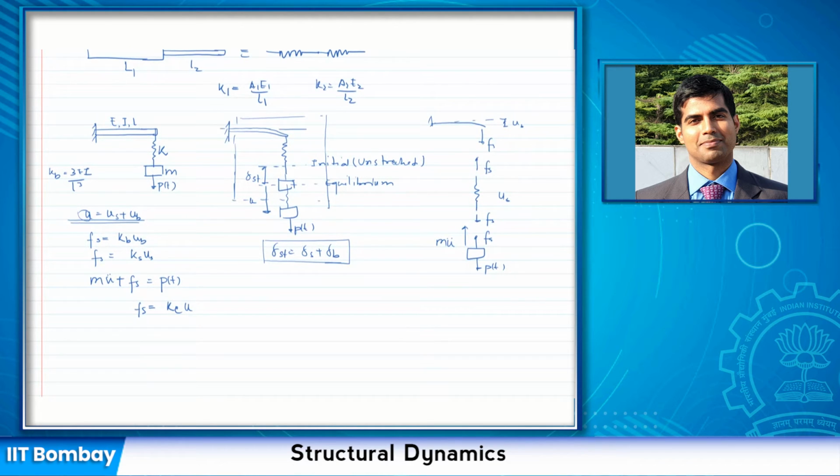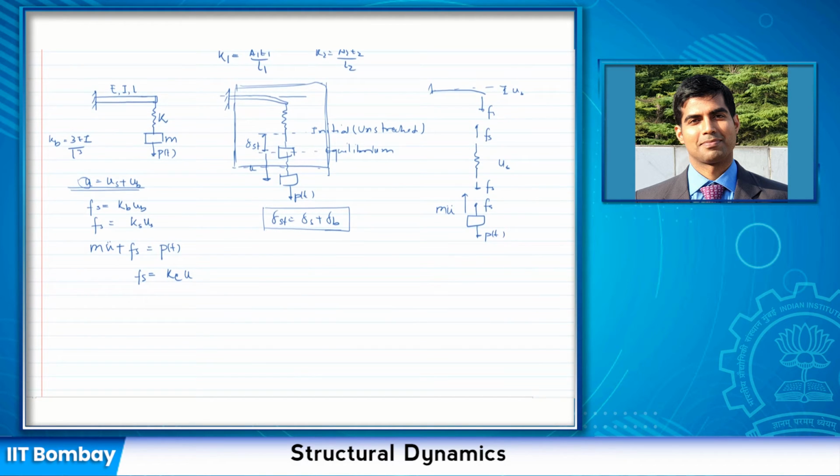So if I consider this whole system, what you see here, and write down the equation of the Pt, I can write something like this, but I need to find out what K equivalent is. And how do I do that? Well, I know that my U is equal to Us plus Ub, and I also know that my K is represented by this. So I can write U as Fs divided by Ke, and this should be equal to Us. So I'm going to use these two equations. So it would be Fs divided by Ks, plus again Fs divided by Kb.